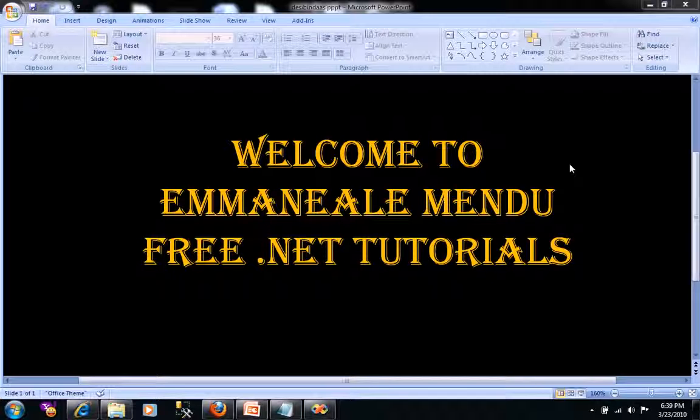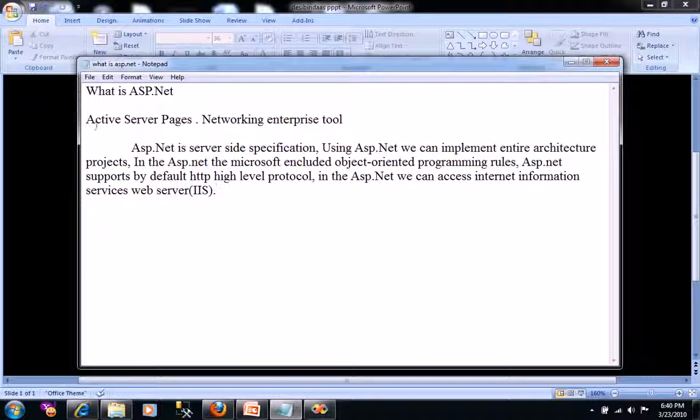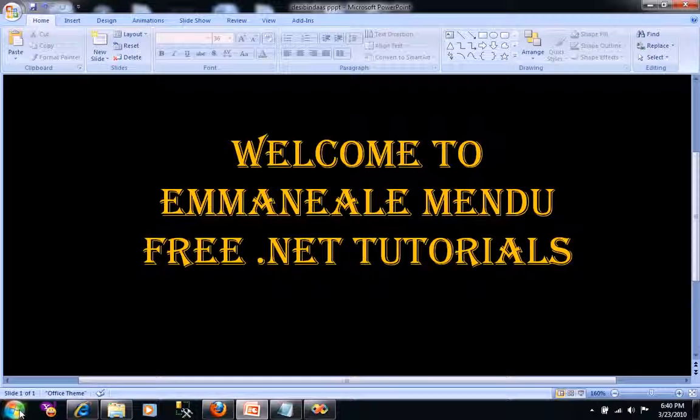Today we will discuss what ASP.NET is and what it stands for, and we will create a new web page using Visual Studio 2008 and ASP.NET with C#. Before creating our web page, we'll see what ASP stands for. ASP is Active Server Pages, and NET is Networking Enterprise Tool. I think everyone is familiar with this. And coming to create our first web page,